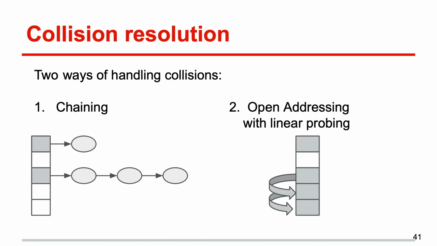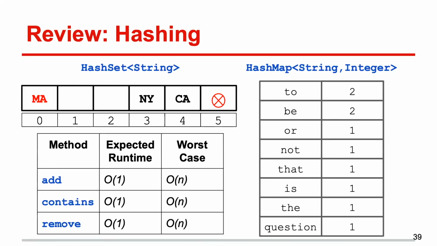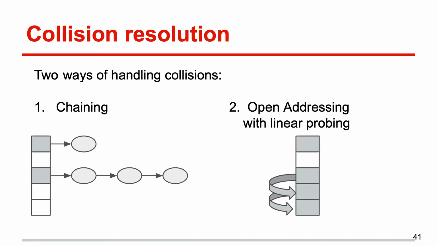So yes, the efficiency of our hash map is contingent upon the load factor, which you can think of as how dense your hash map is, right? How many elements per bucket on average are in our hash map. Past a certain threshold, we want to be able to rehash, essentially resize, to lower this load factor so we can have basically constant